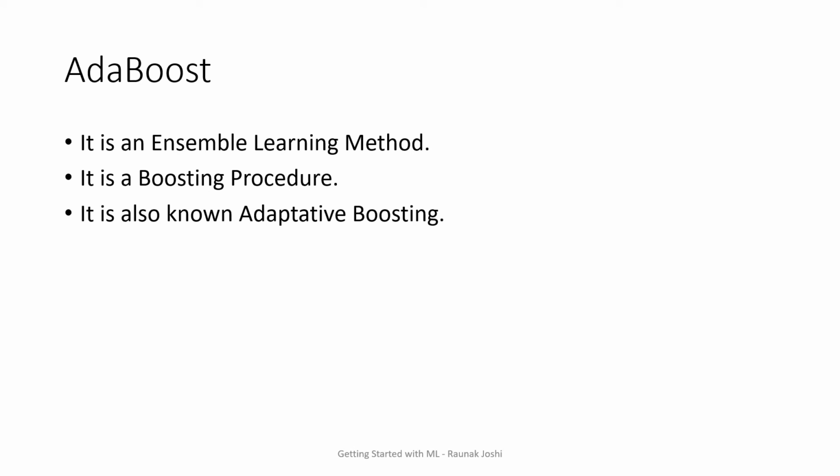The boosting procedure works with a set of weak learners which, clubbed together, give us the best results. The general classification values that you get are between, let's say, 0 and 1. But what if the prediction is somewhere in the middle? That is a weak classifier. Although we cannot use it in other cases, in the case of AdaBoost we can actually use it. Boosting methodologies work by clubbing together each and every weak learner. One weak learner is evaluated, on the basis of which another weak learner is evaluated, and the chain goes on. This chain helps you give a strong learner at the end of the algorithm.